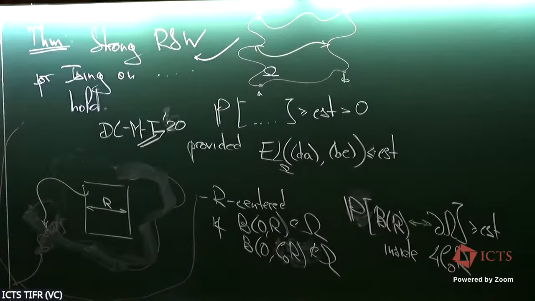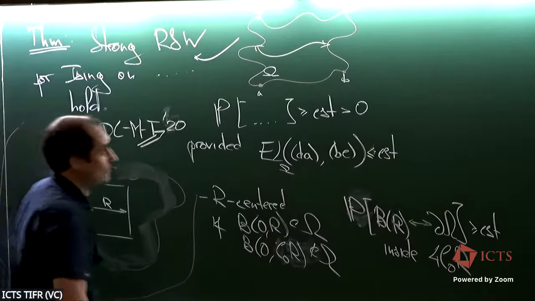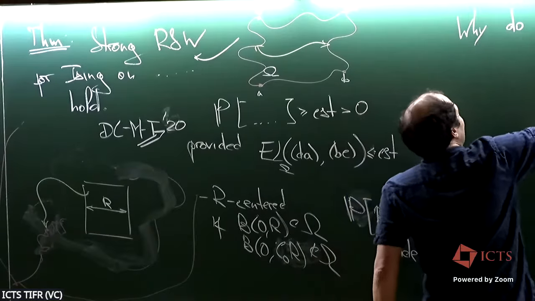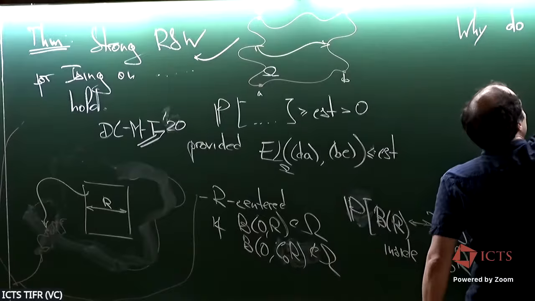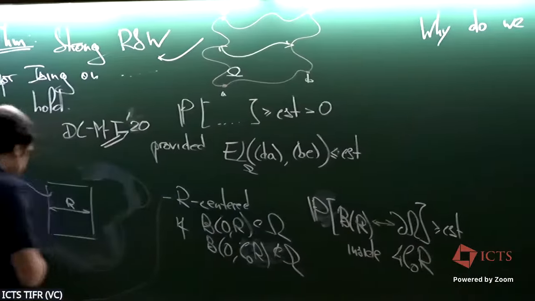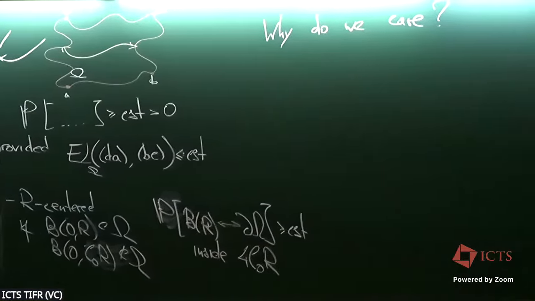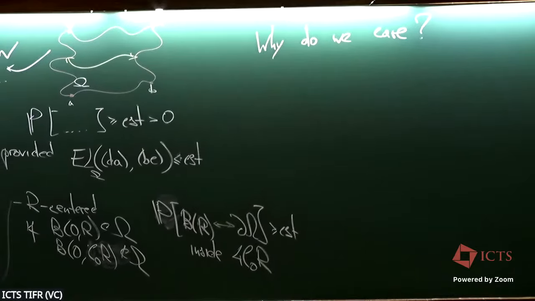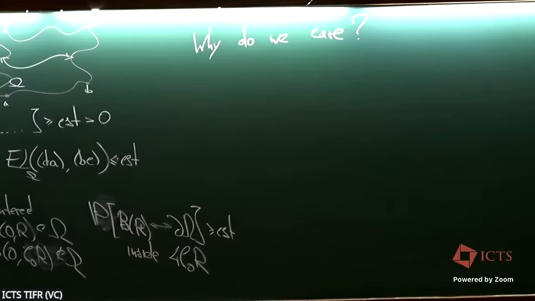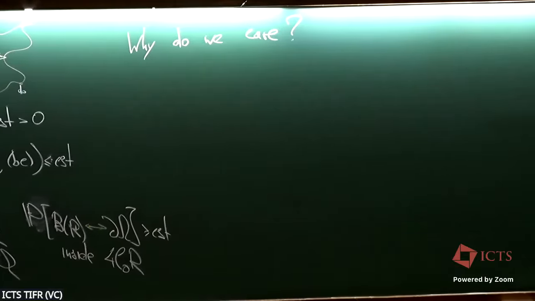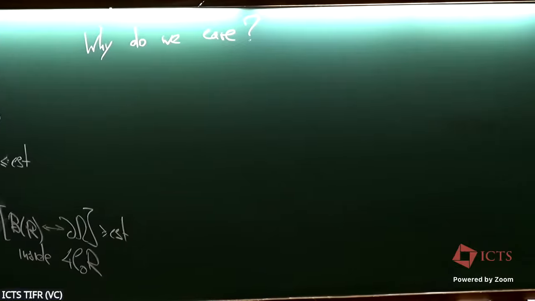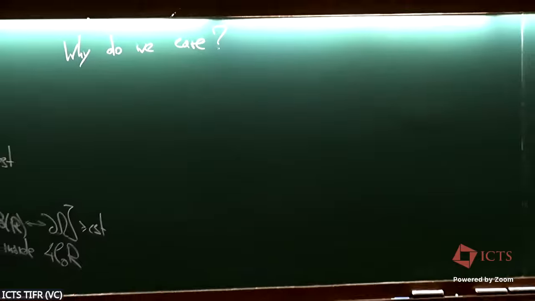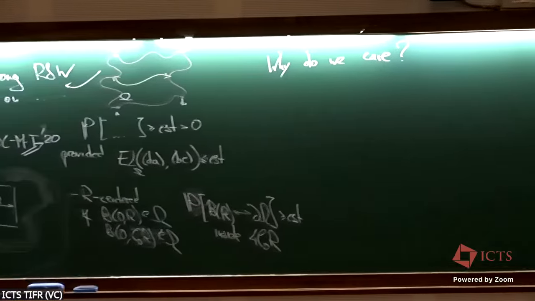And the typical usage of this theorem, so why do we care? Well, the typical usage is when you want to promote, say, convergence of interfaces to the convergence of loop ensembles. Because if you think about all interfaces in your model, and by the way, this is FK. To say so, that's a percolation model. But that's not for the spin Ising, that's a percolation model.